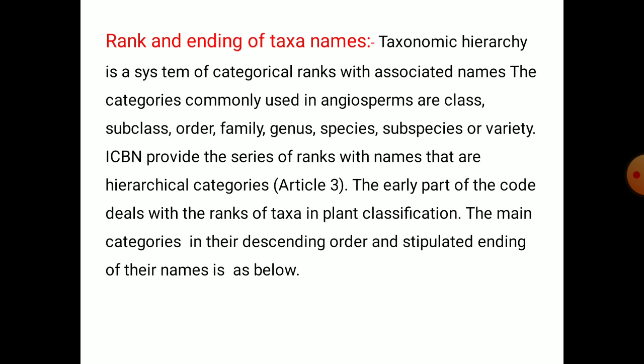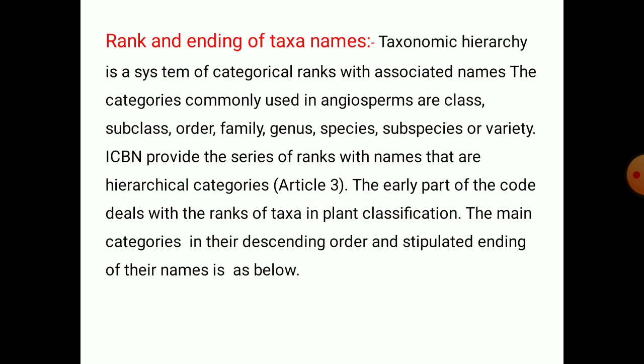In descending order, it should be class, subclass, order, series, then family, genus, species. The reverse is the ascending order, like this. Now, the taxonomic hierarchy is a